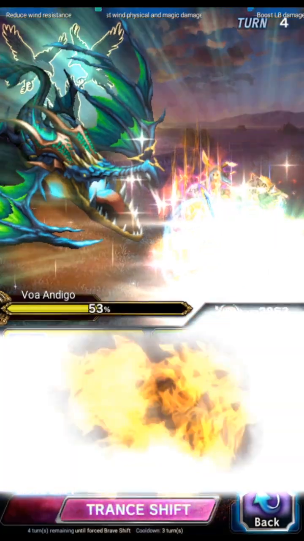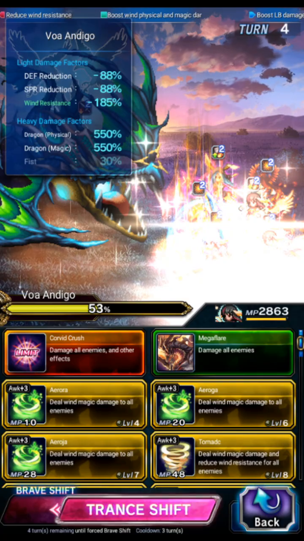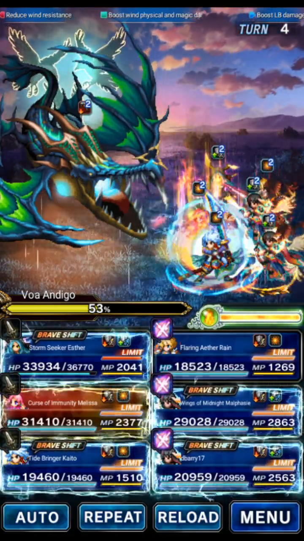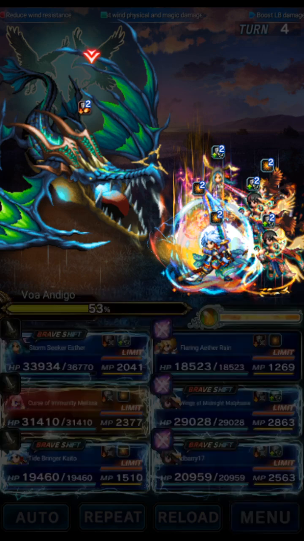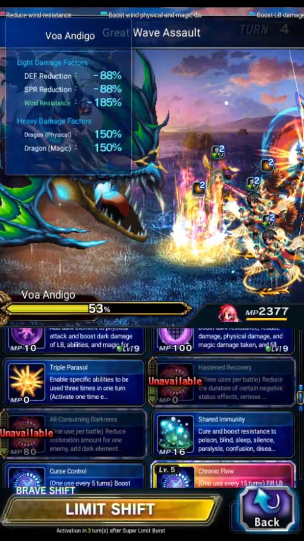Now we do have the 150 amp, but keep in mind we are double imbued at this point. We have Dark and Wind imbue on our party. Kaito, I'd like to Crashing Waves. It's not available. We don't need it actually, so we'll just do LB on you. Melissa will...